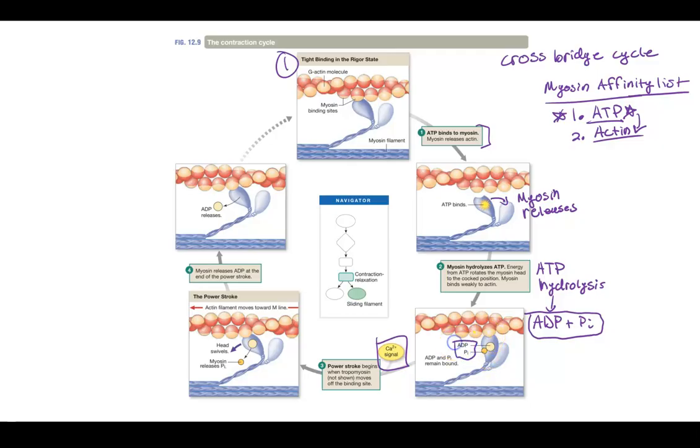It has ADP still bound. Don't worry, it's about to let go of it. It has ADP still bound, but it is now attracted to actin because it has a high affinity for actin compared to ADP. Okay, now it is going to release ADP. So it releases